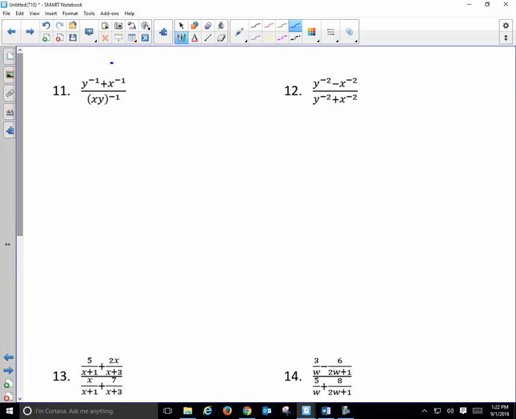All right. 11. What might you be tempted to do for problem number 11? Right? So that's the temptation, which is entirely incorrect. What does y to the negative 1 mean? Thank you. 1 over y plus 1 over x over